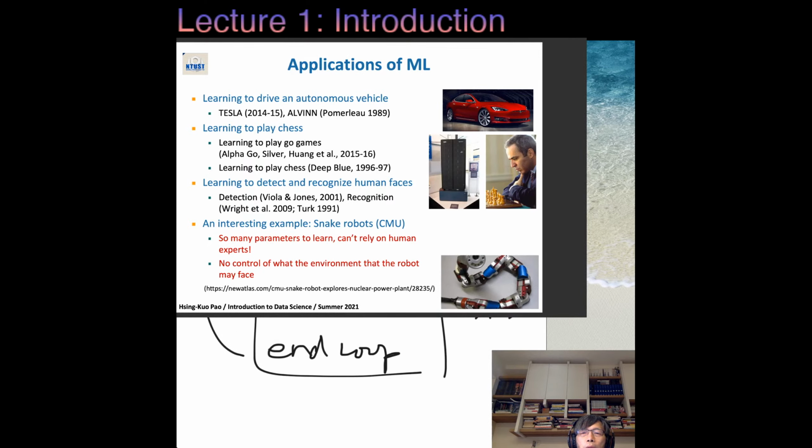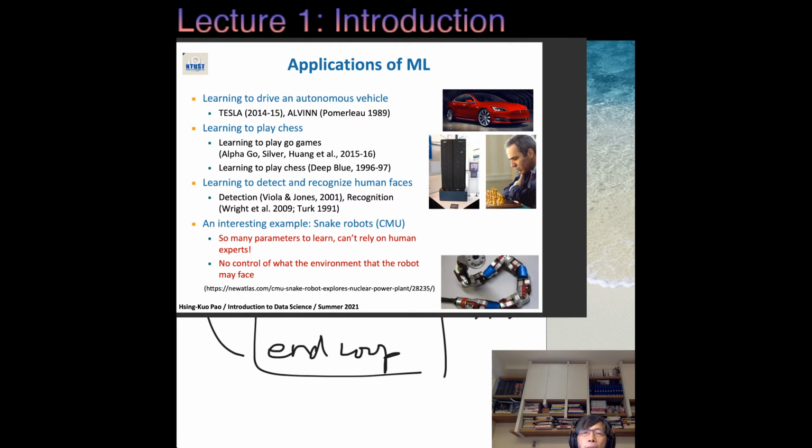So we have all kinds of applications. We can have a machine to play chess. We have a Tesla for autonomous driving. And some people at CMU actually built a robot snake. They can twist their angle at different places to perform quite like a snake, which can climb a very high wall or go through different surfaces.